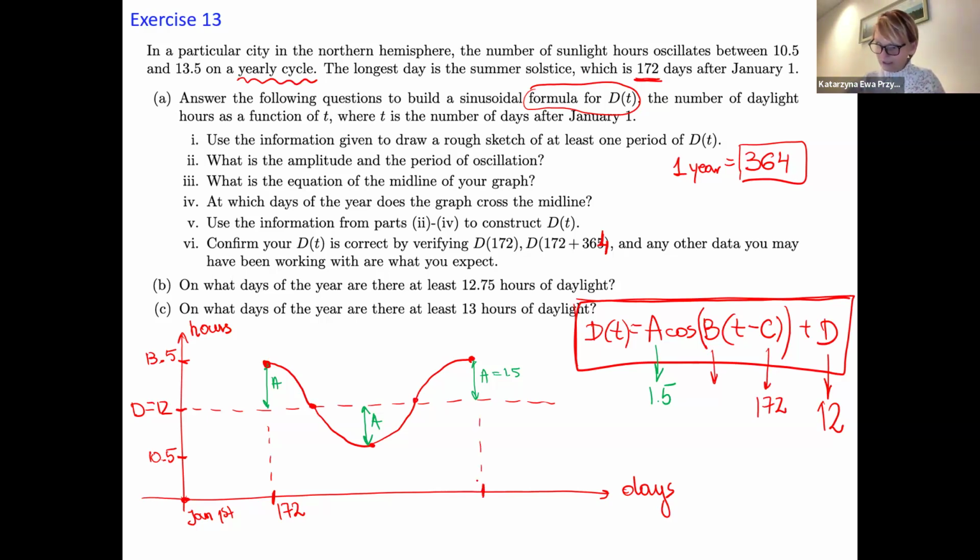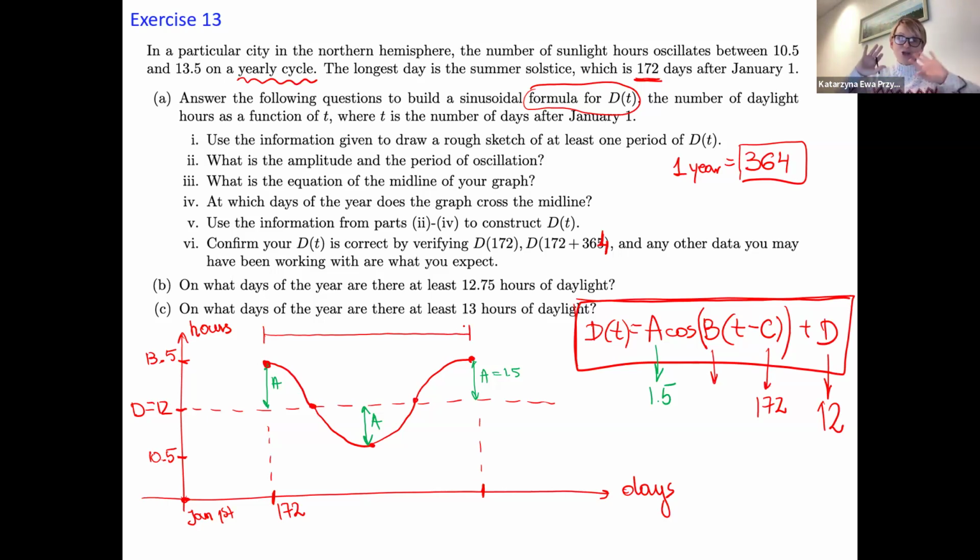Oh, maybe we will need this one also. How can we compute B, is it just 1? Let's actually check. We remember, what is the period? What is this distance? This distance is actually,